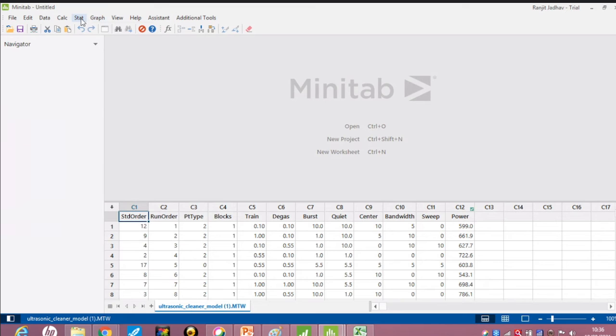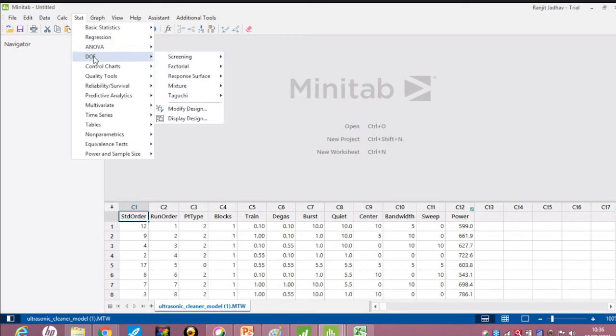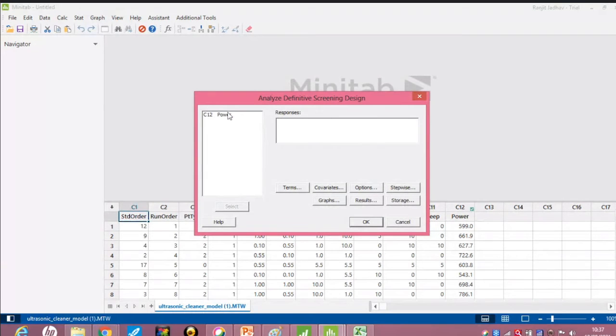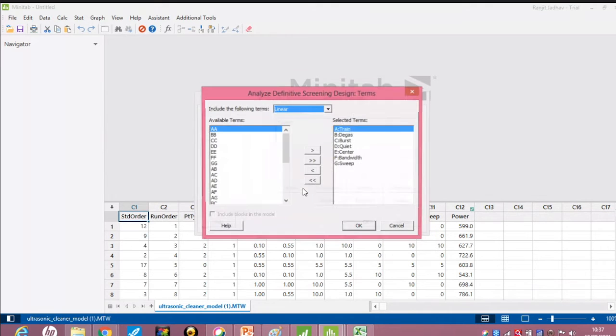We go to Stat, DOE, Screening, and Analyze Screening Design. In this, power is our response. In the terms, we select all 7, and we consider them as linear.